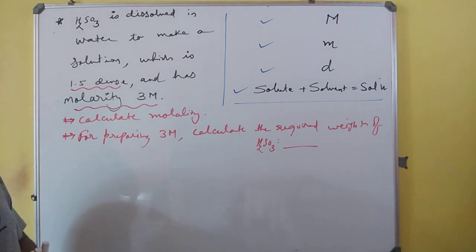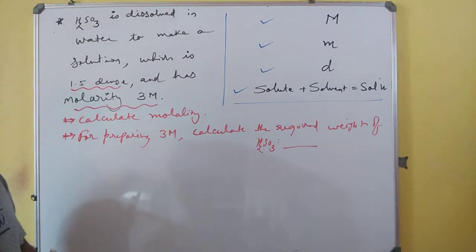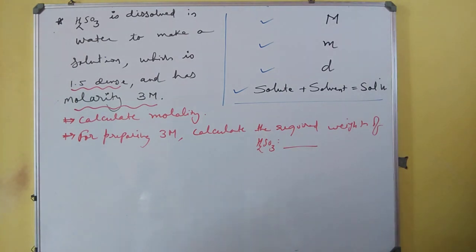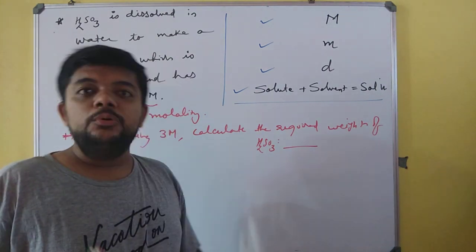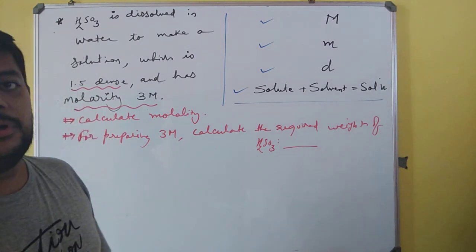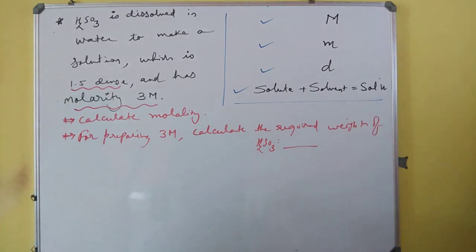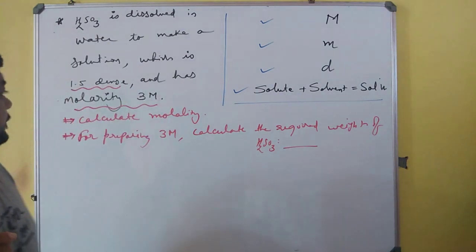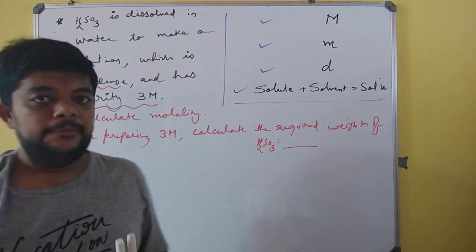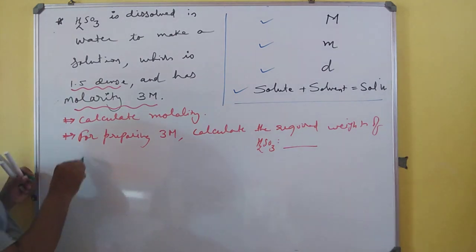that is required. Remember one thing very clearly, that if you are not given the data of quantity of solvent, you have to take it 1000 gram or 1000 ml. So over here, let us first calculate the quantity that is required, and before going into that, let us just write two formulas.